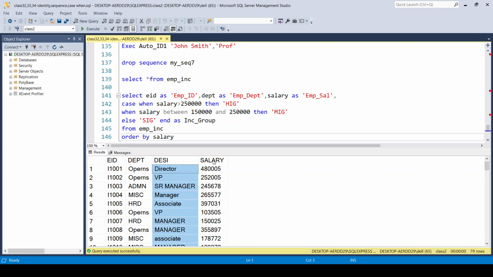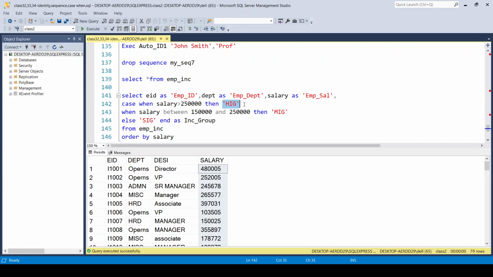As the salary values are arranged in ascending order, the INC_group will also be arranged accordingly. Ascending order means from lower to higher. So lower means you will start with SIG, and going lower to higher, after some SIG rows you will have some MIG rows,